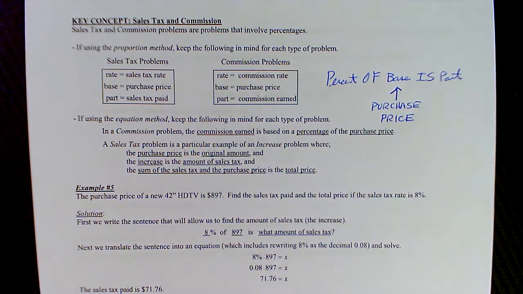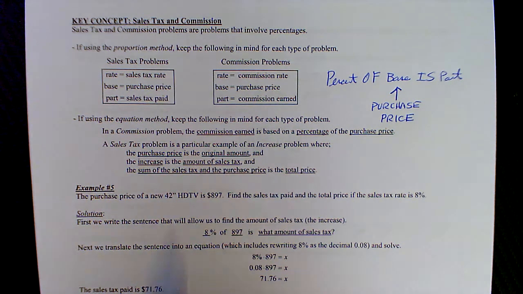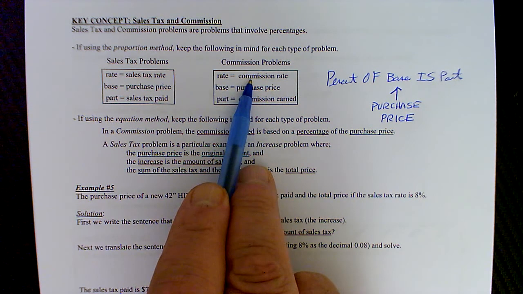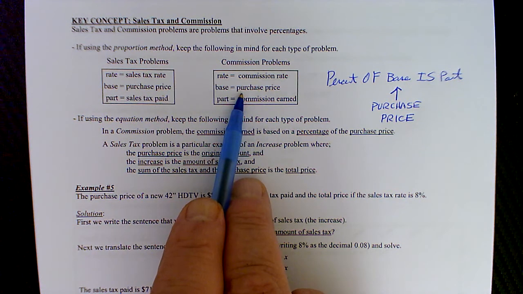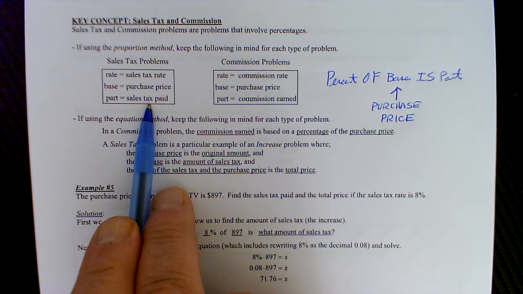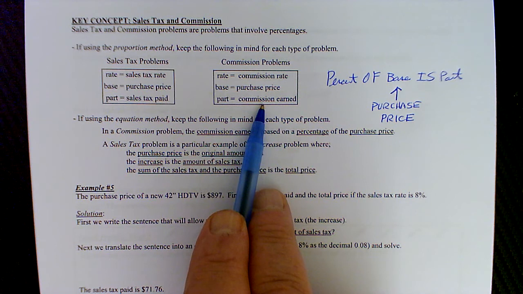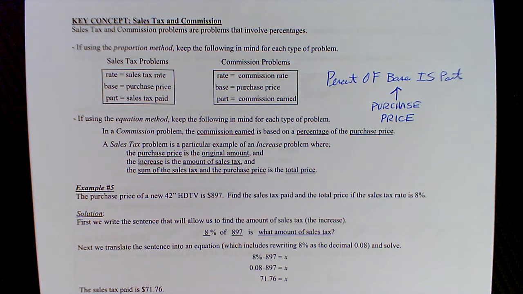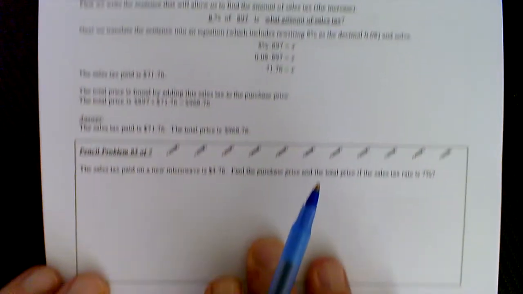So we'll be talking about buying items in a store, maybe buying a house or car or diamond ring, whatever, dealing with commission. And so we have the rate, that's either the sales tax rate or the commission rate. The base, as I said, is always the purchase price, and the part represents in sales tax problems the sales tax paid, and in commission problems the amount of commission earned. So you can read the example on your own as well as the rest of that, and we'll jump right to